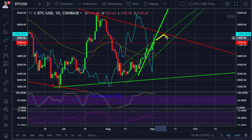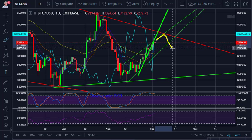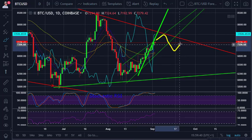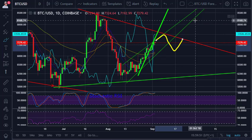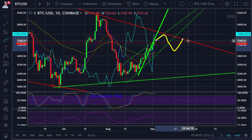Now that drop could happen like so, and I think we could drop down to approximately this level before then going up and then hopefully breaking through this resistance line, and that could then trigger another bull run that everybody has been waiting for. Now, if there is good news on the 30th of September regarding the Bitcoin ETFs, that could definitely